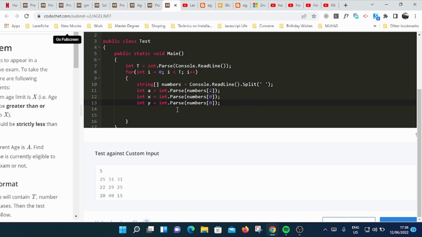So y is the array at index 1. So as you remember the condition, the age limit should be greater than x, and